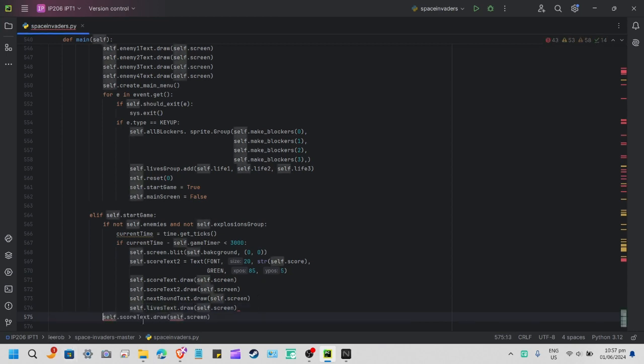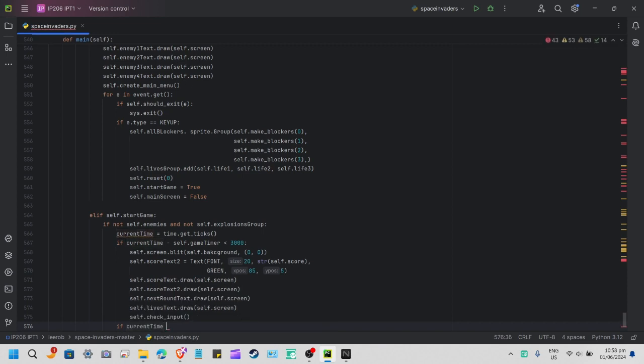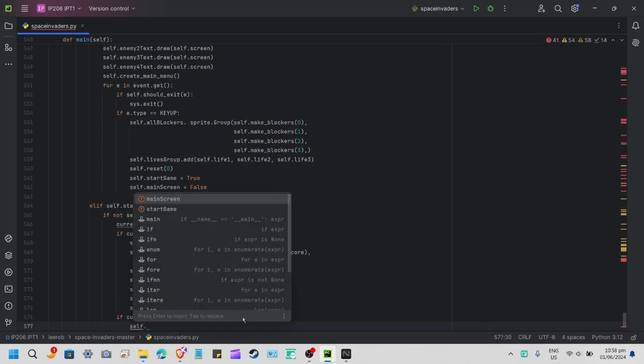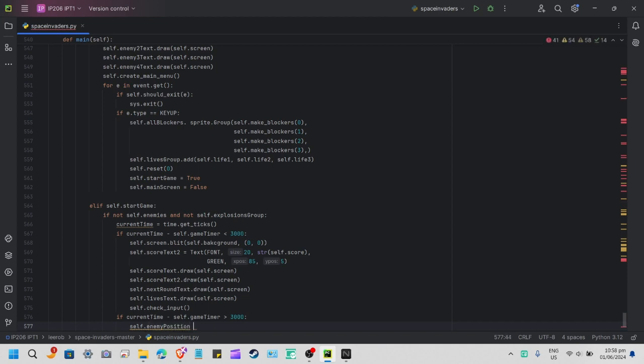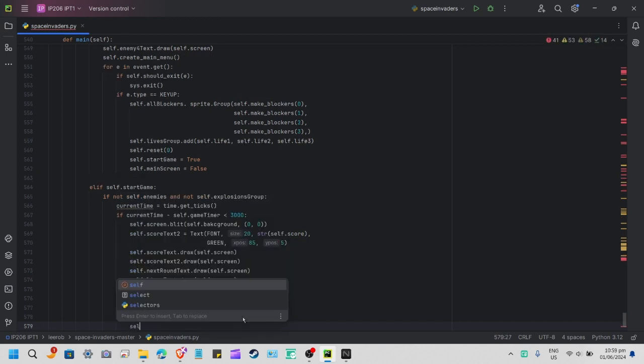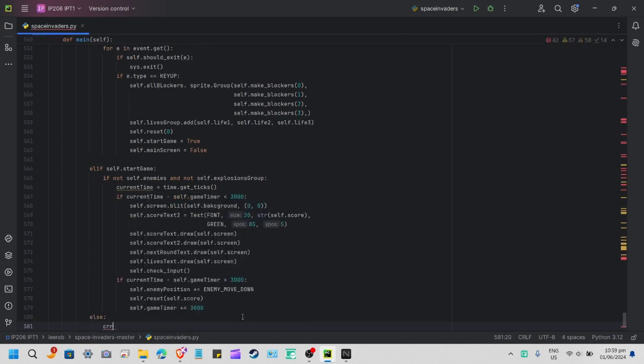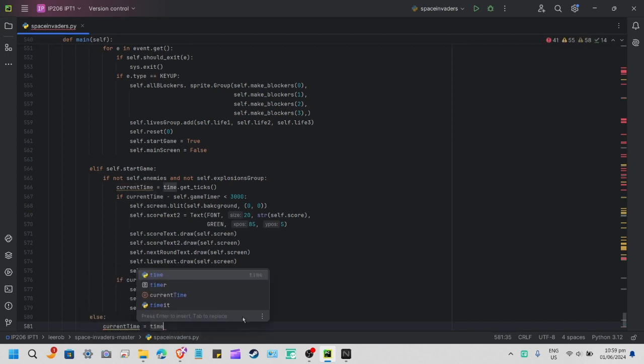Then we have a check input, and then the current, again, an if statement of current time minus the self gain time would be more than 3000. We get a self enemy position plus minus enemy move down. Not just that, we also have a self reset, the self score, and the self gain timer plus equals 3000. And then we'll do an else, which has the current time equating to time dot get ticks